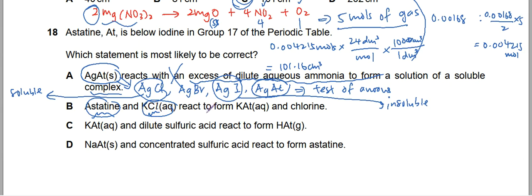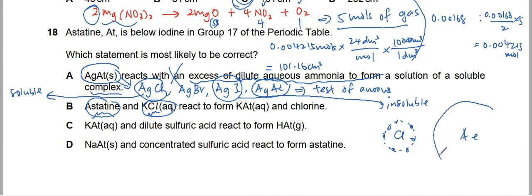On the outside there are 7 valence electrons, so as the radius gets bigger, Cl has a smaller radius, so 7 valence electrons, and then